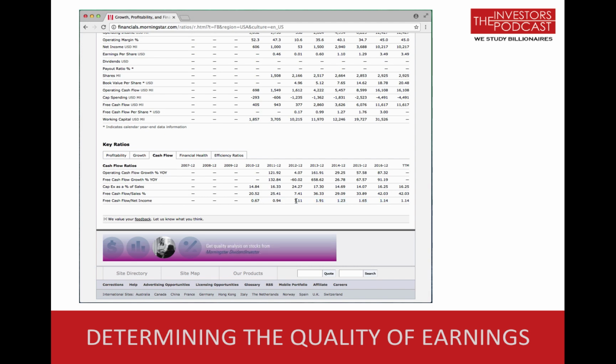Here it was 94%. This year was something crazy that happened. You'd have to dig into the 2012 financial report in order to see exactly why that was so above and beyond the net income. That's a good thing. And then you can see the rest of the years, it's always been slightly above, which, if I was trying to make sense of that, of why that was happening, my guess, without having read all those different financial statements,